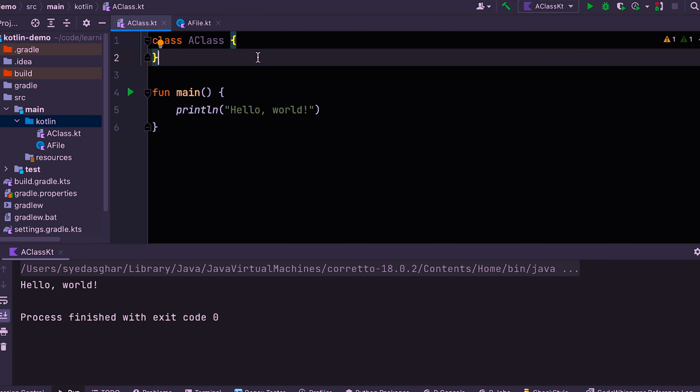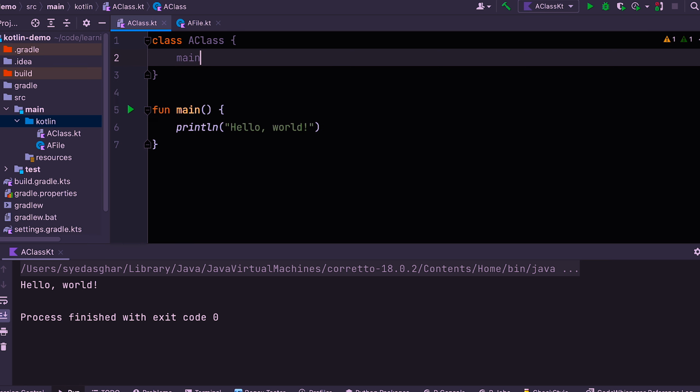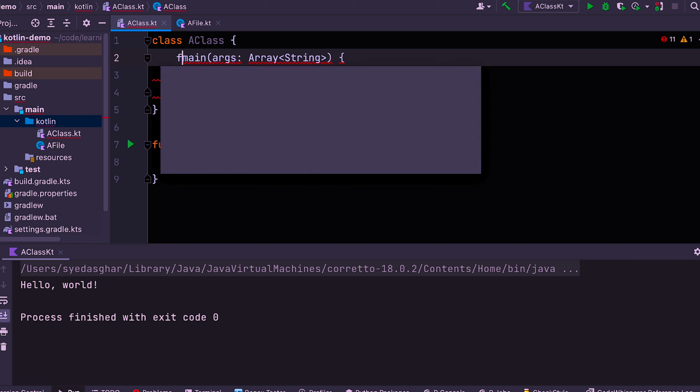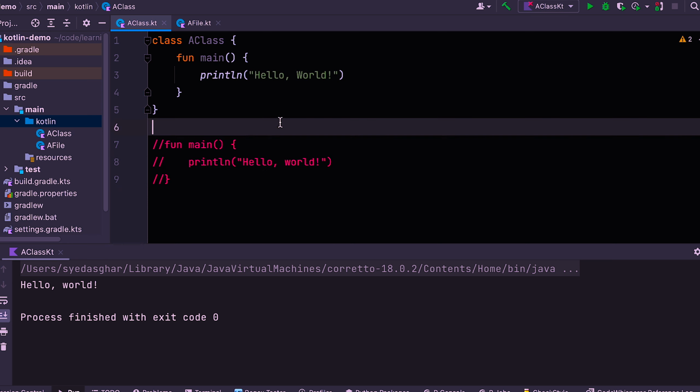All right, so now in Java, just in case you have a Java background, you would normally put the main method in here. So let's just see what happens when we do that. We can say that, and we can add fun, and we don't really need this part, so remove that. And we comment that out. Now, as you can see, you don't get any kind of run option, and that's because the main method in Kotlin is not meant to live inside the class. It's meant to live outside the class. In Java, the main method is static, but here the equivalent is that you put it outside of the class